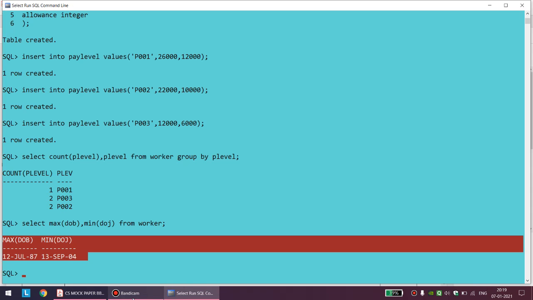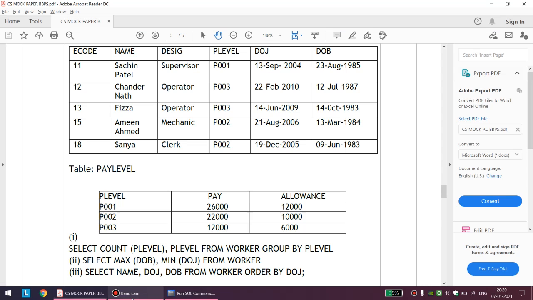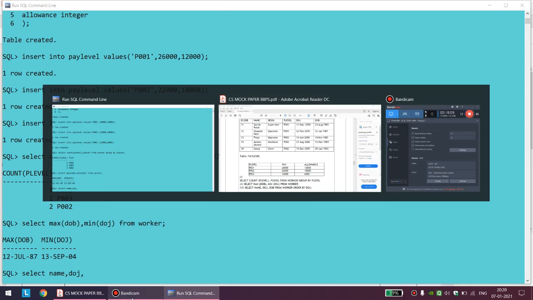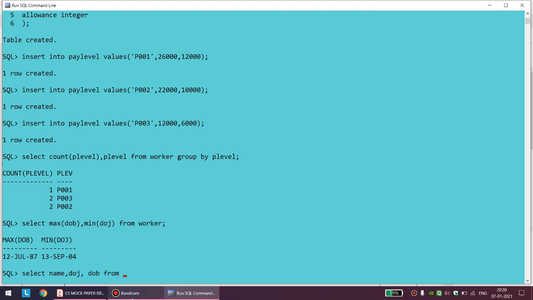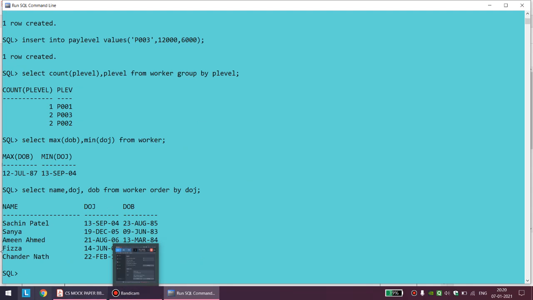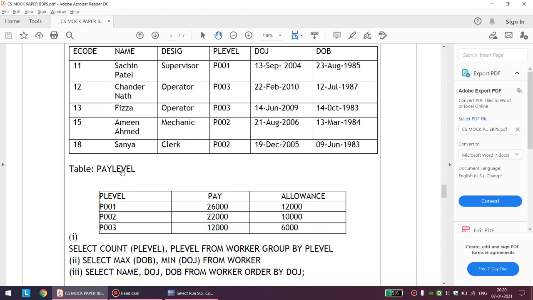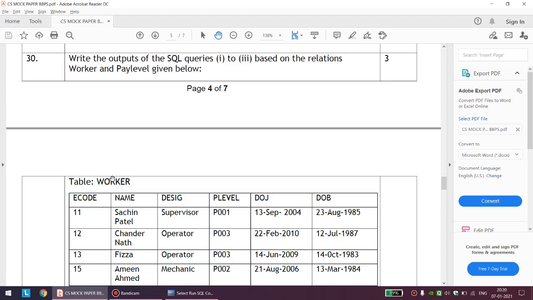Okay, so let me write. Select name, DOJ, DOB from worker. Order by DOJ, and if you remember, only if we specify DESC will it arrange in descending order, otherwise it will arrange in ascending order only. And as you can see, this is the earliest date, and all the DOJs are arranged in ascending order. Okay students, so that would be, I think, a nice small revision for SQL,